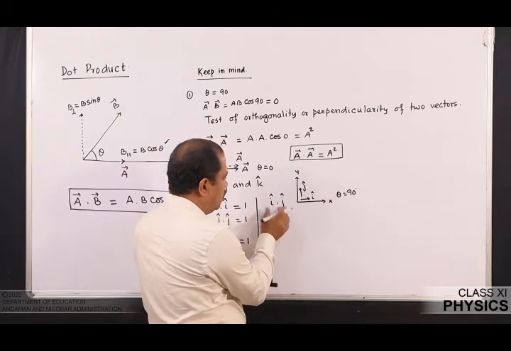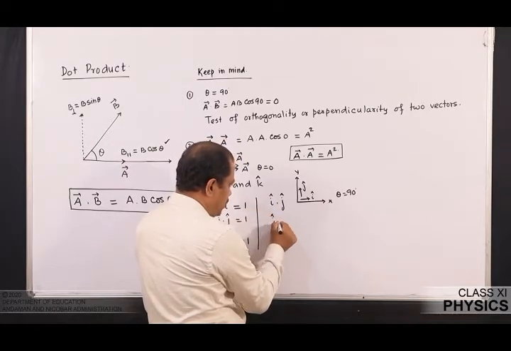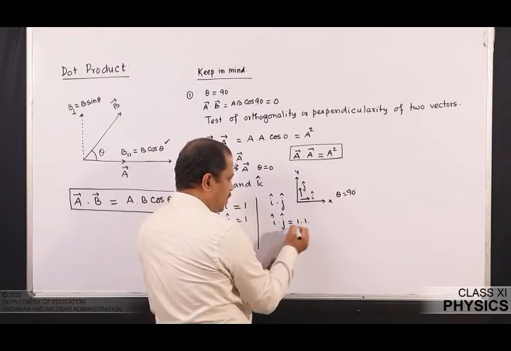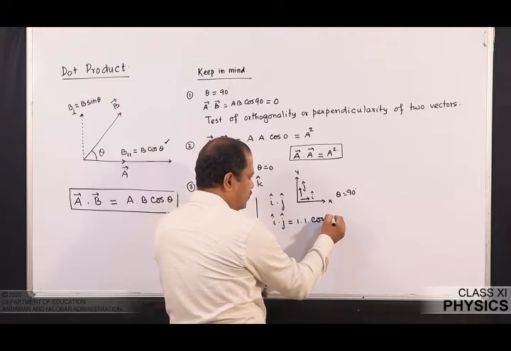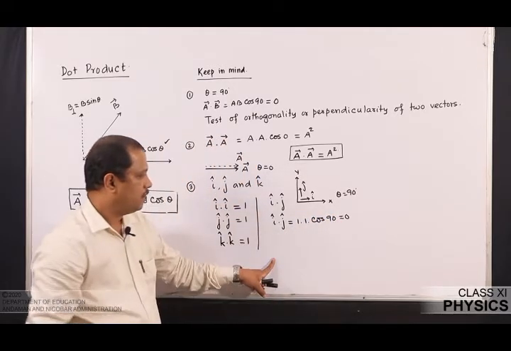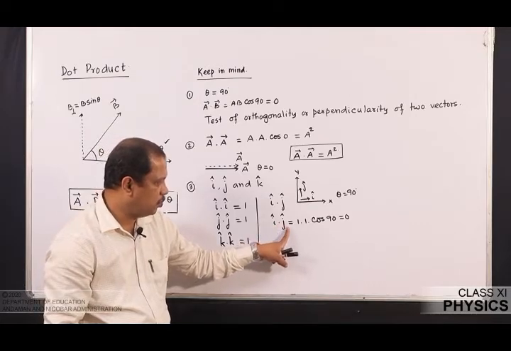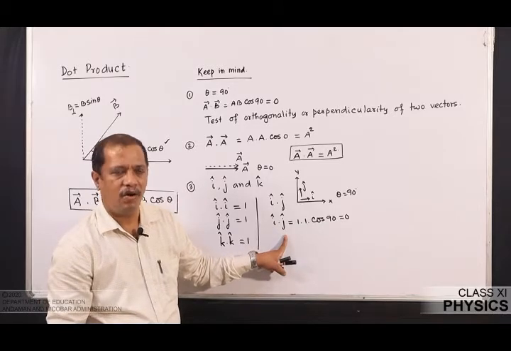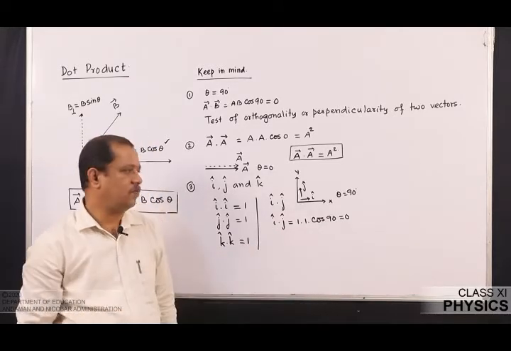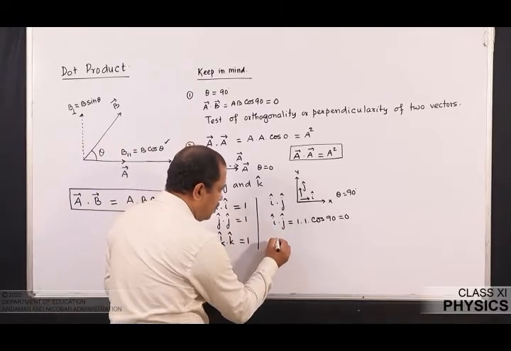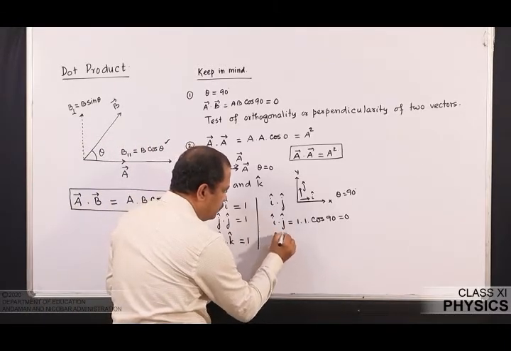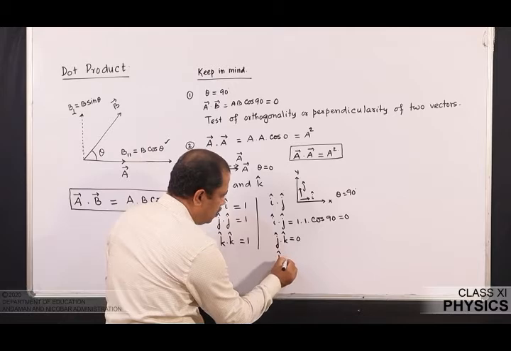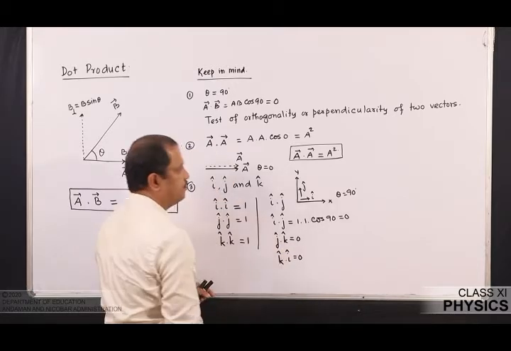So, when I try to find the dot product, so I dot j, this is going to be magnitude of i, which is 1, times magnitude of j, which is 1, and cos of 90, which is going to be 0. Thus, when I find the dot product of these two and get 0, it means that the angle between i and j is 90 degrees, or I can say that i and j are perpendicular to one another. Similarly, j dot k is going to be 0. Similarly, k dot i is going to be 0.